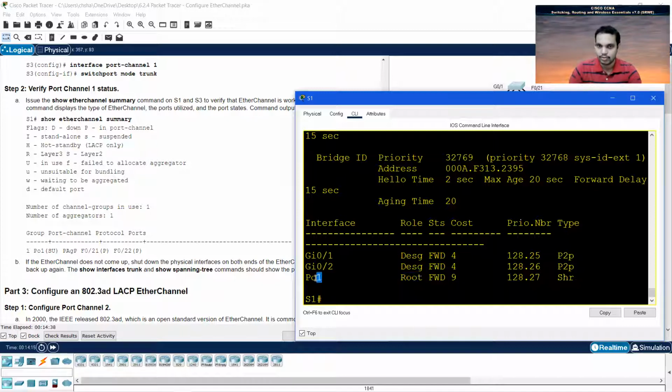So this is the reason why, when you configure EtherChannel, even though STP might block one EtherChannel, the other keeps working. This works because Po1 now has 2 physical ports. Imagine if you have 3 physical ports or 4 physical ports. This shows how you can increase the bandwidth without actually creating loops or without affecting the STP protocol.